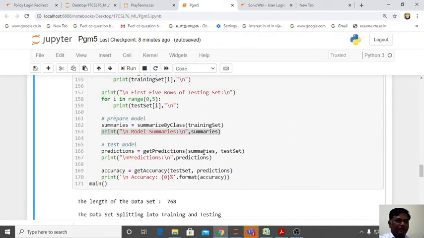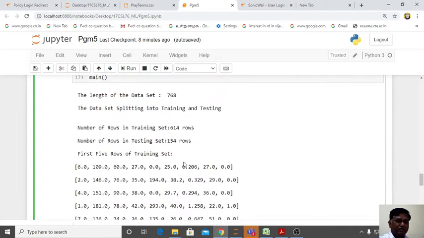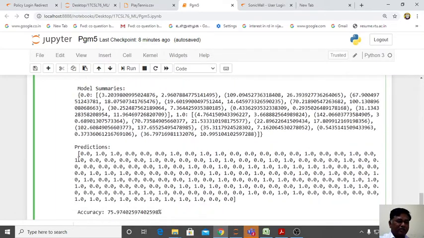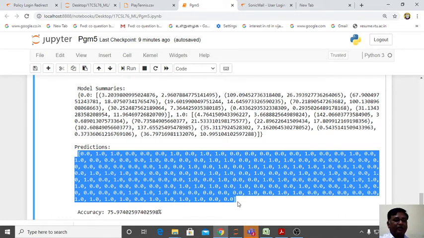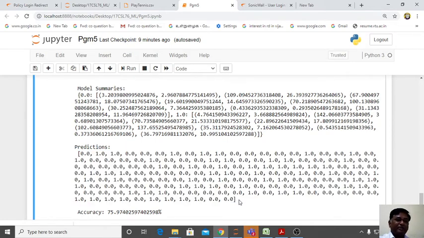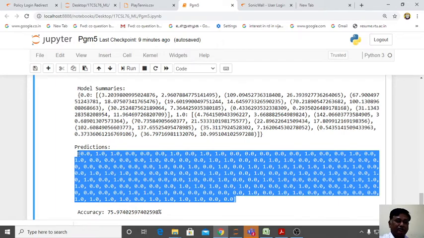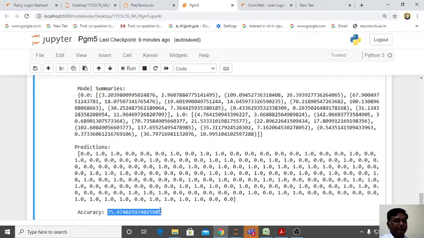So this summary will be given and it is tested. Predictions. So what will come in predictions? You see your test data. See, you are passing your test data. First data is predicted as a woman who doesn't have diabetes. This means 0. This is 1. Again 1 means these people have diabetes. This is no diabetes, no diabetes. So like that, all the test data probability is calculated. Bayesian probability is calculated. Is it matching with our test data, the real data? So that is tested and accuracy is printed here.